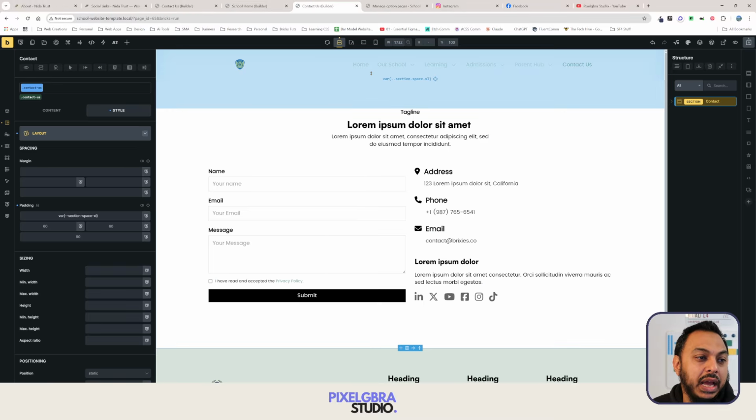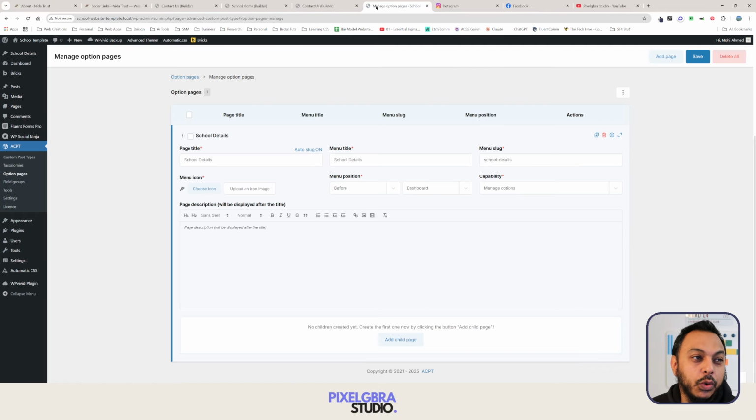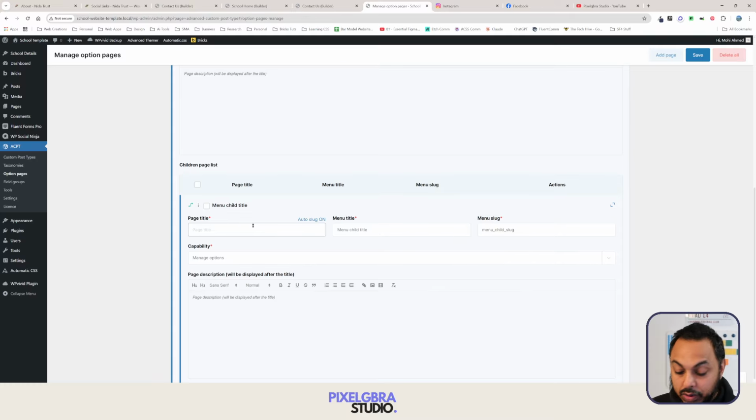Well, if we have a look at our page that we're going to add this information to, I want a child section that has the contact information, and then I've got social media as well. So I've got 2 sections. I want to split them. I don't want it to be on the same page, I suppose, right? Or I want it to be on sub pages, what I'm trying to say. So let's have a look. Let's call that contact